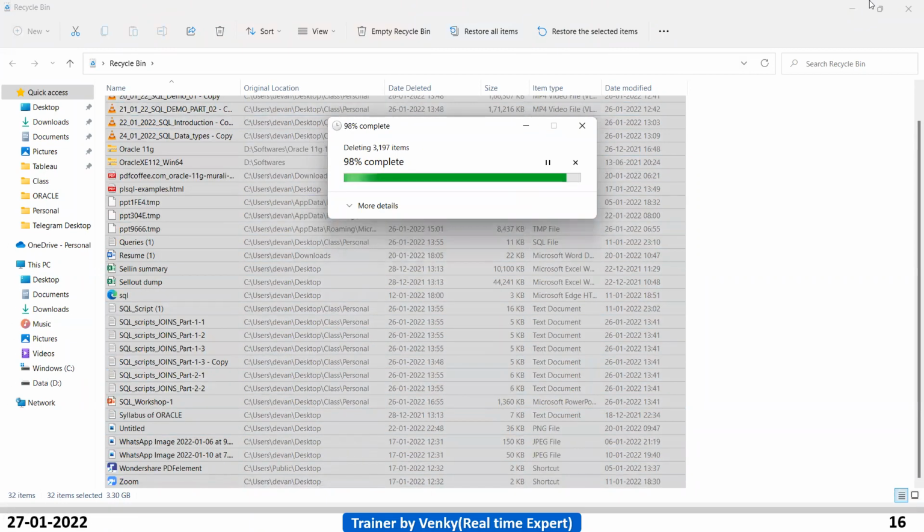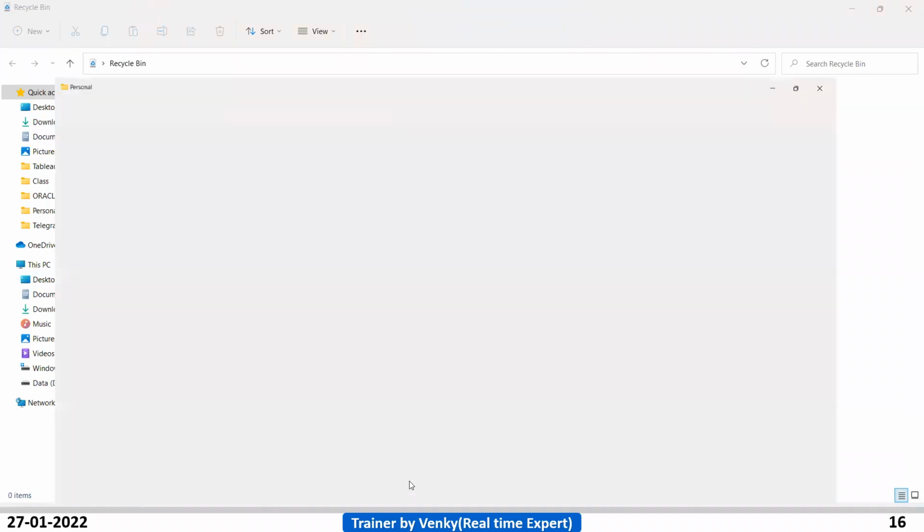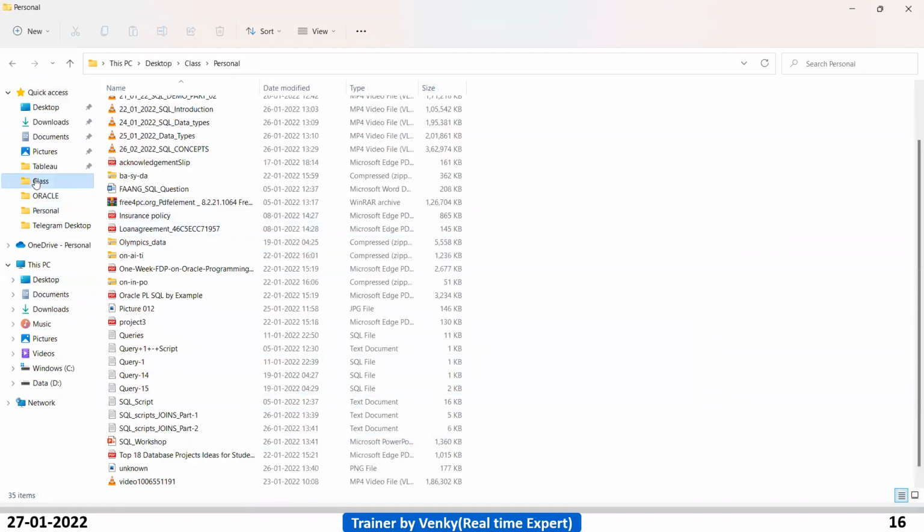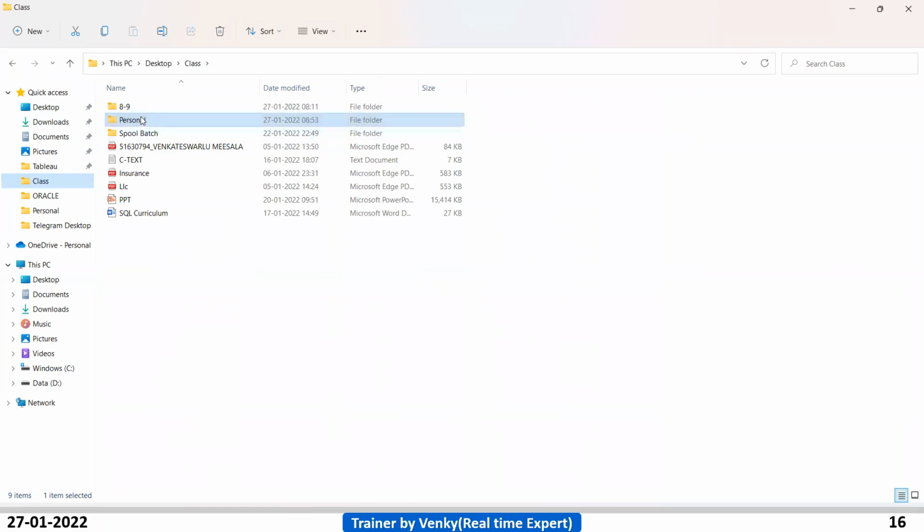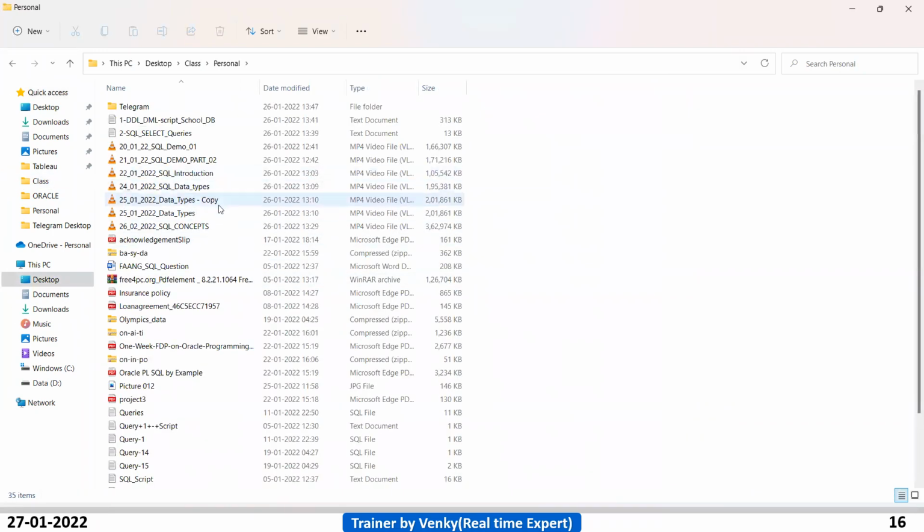To understand better what will happen in the database, let me explain clearly. What will happen when you do the drop? You have to observe. There is a file called data types copy. One file. So now, how will it work? The drop without purge.